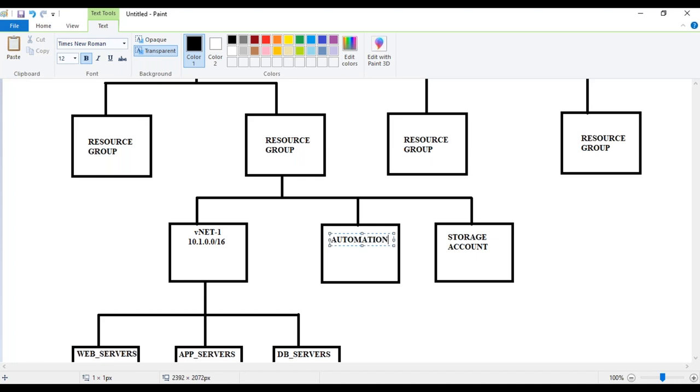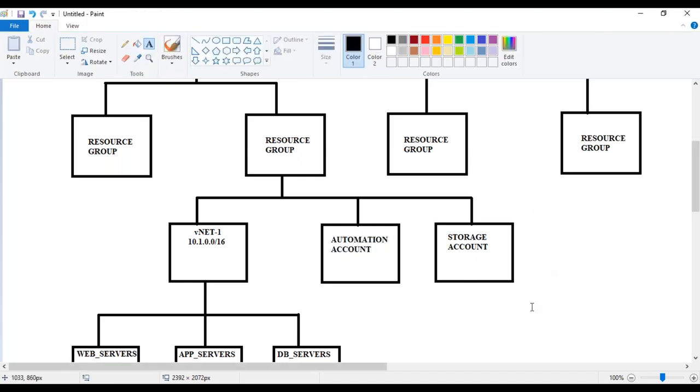See, automation account, Azure automation account. What I'm trying to say is, under the resource group, it is not only virtual networks and subnets. You'll have automation accounts, storage accounts, and you can also go for Cosmos DB. It does not require a virtual network; it is a separate service. It falls under this one. Like this, everything goes to the resource group.